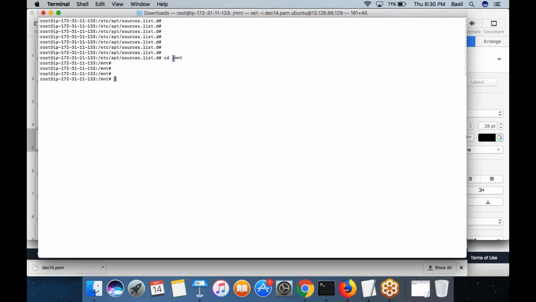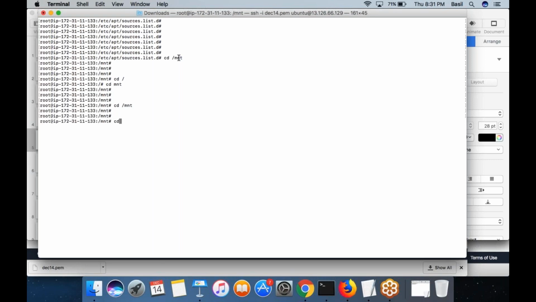By specifying the beginning slash, I am telling my Linux shell that mnt is a folder inside slash. I am telling the exact path of the mnt folder. So you can use the exact path of any folder to connect to any folder. There is no point in running the command cd slash first, then cd mnt. This is not required. Instead, you can type at one shot cd slash mnt, and it will take you to the mnt folder which is inside slash.